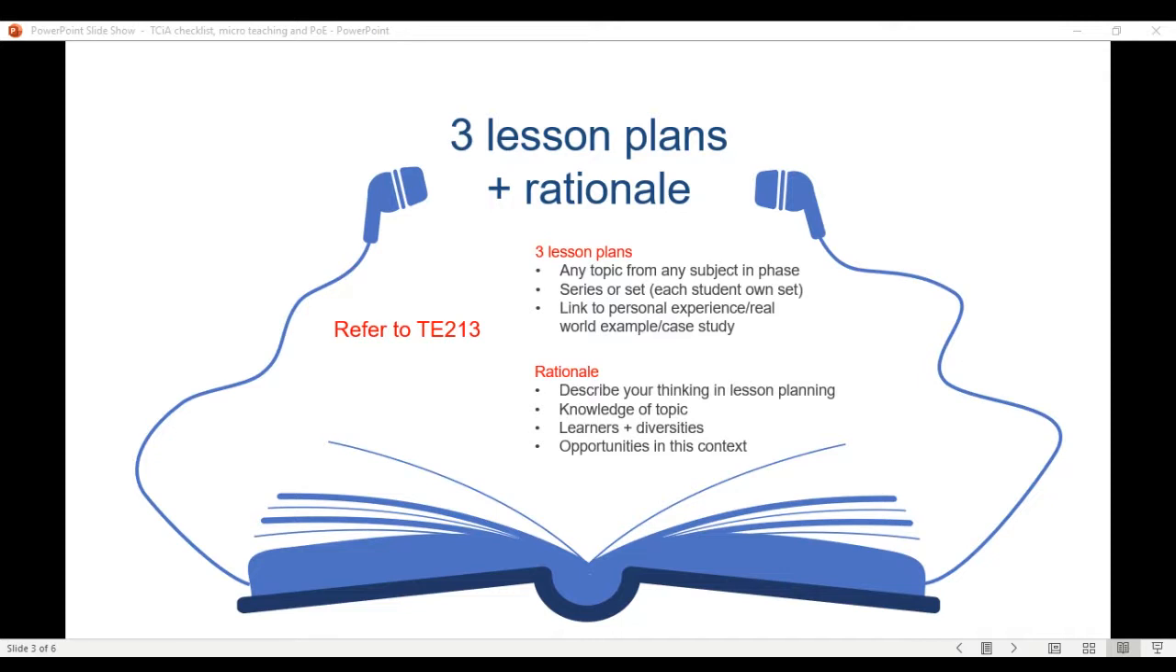Then the rationale. The rationale is almost like an essay where you describe your thinking in the lesson planning. You have to consider the knowledge of the topic, the learners and the diversities, and the opportunities in this context. That is what you need to consider in your rationale. Right, so